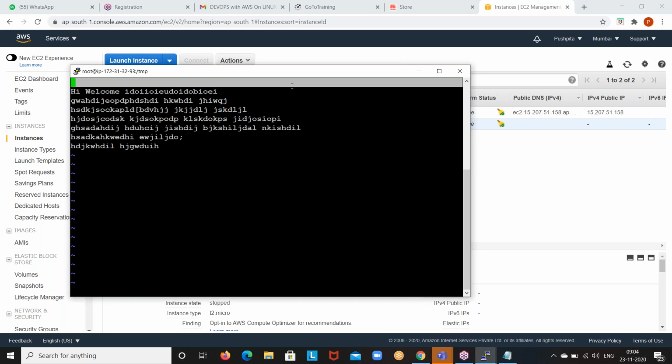Doesn't matter where you are, maybe 10th line, 20th line, last line. In real time, sometimes 1,000 lines will be there and you are somewhere in the middle. I want to go to the first line. No need to use up arrows to move your cursor. Simply the GG command.